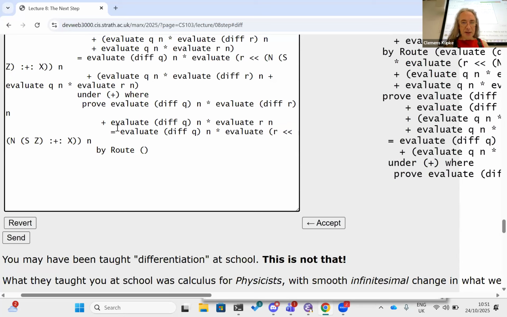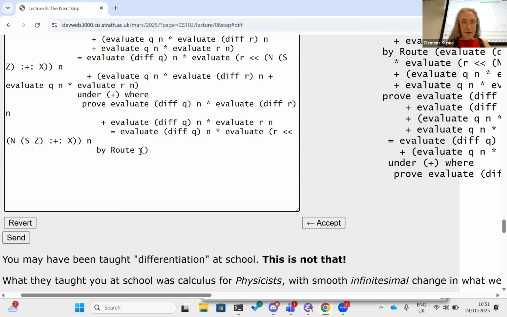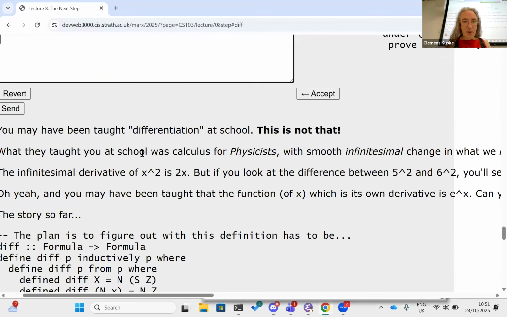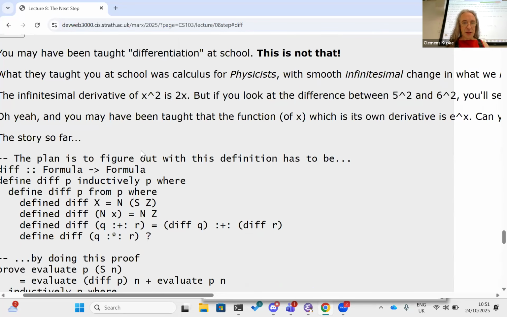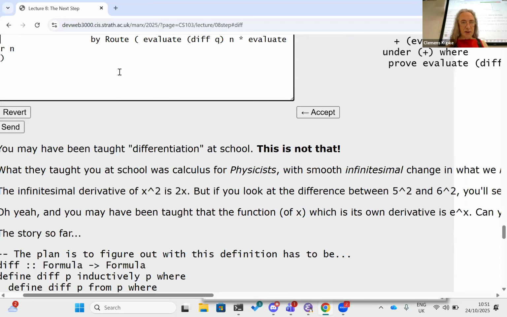I'm going to pick up the right-hand side, copy. And then this thing here is evaluate R at